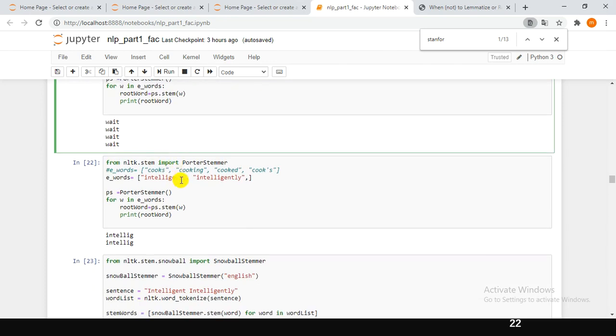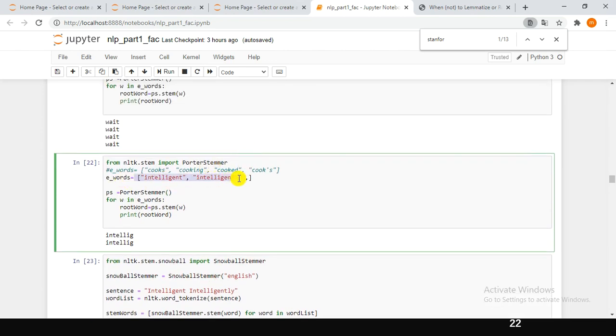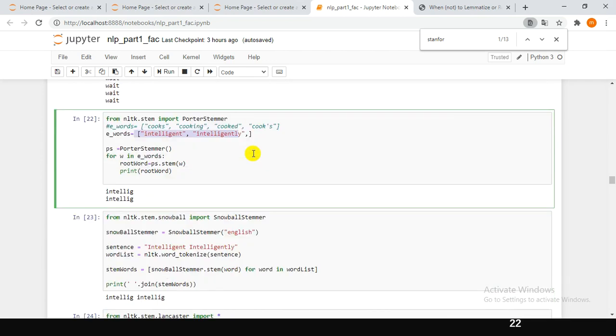But when I used intelligent and intelligently, my PorterStemmer converted these inflected words into intellig and intellig. In this case, these were not dictionary forms of the word. So in this case, I did the same thing, only the list values are different compared to this one.